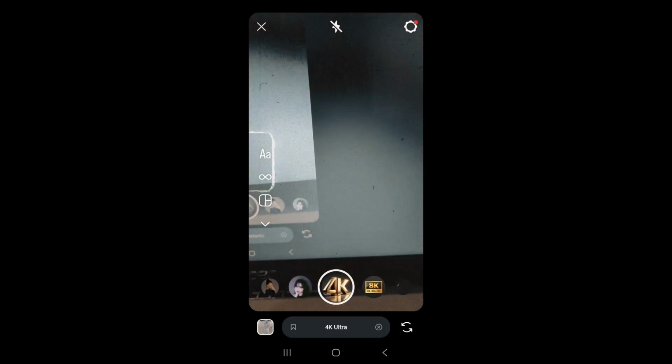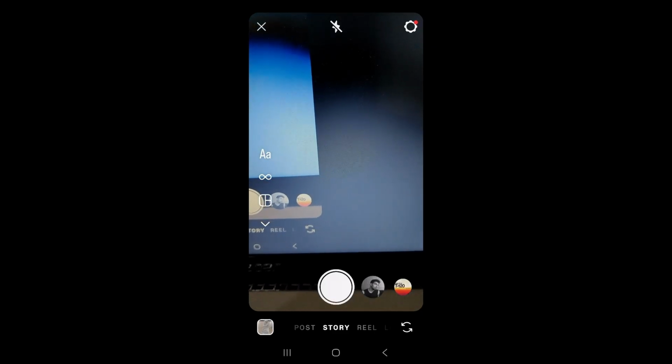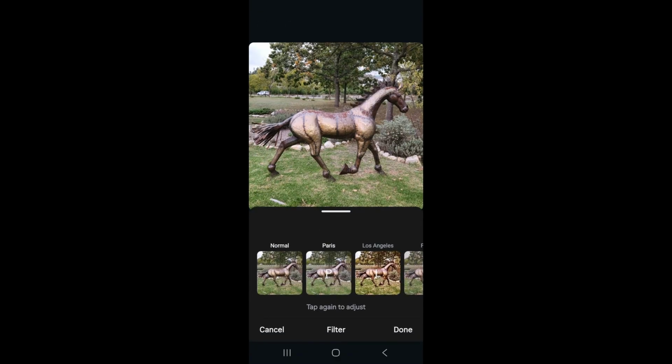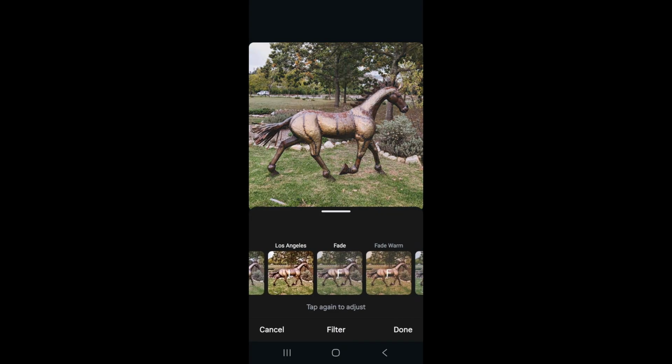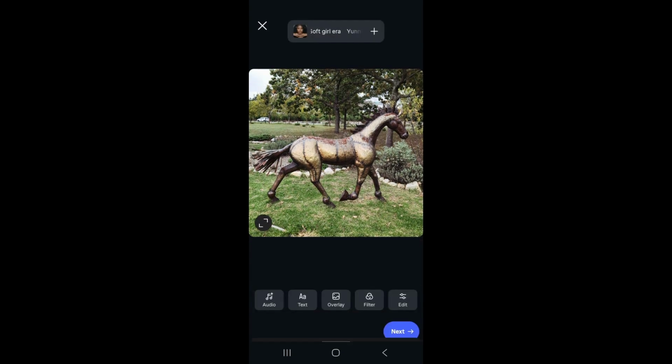And you'll have some different filters if you are going to make a post or a reel. So let's go into post. I have chosen an image from my camera roll to post, and I'm going to click on filters, and here again you can see different filters. Is that not amazing? Once you're done, you've chosen the filter that you'd like, click on done,